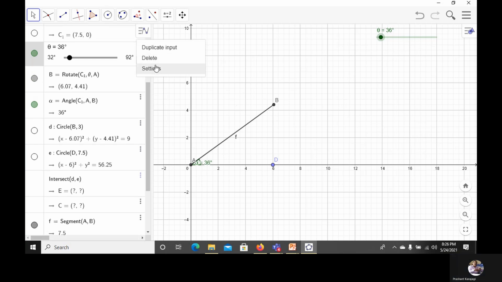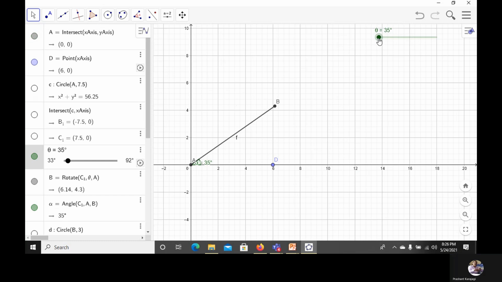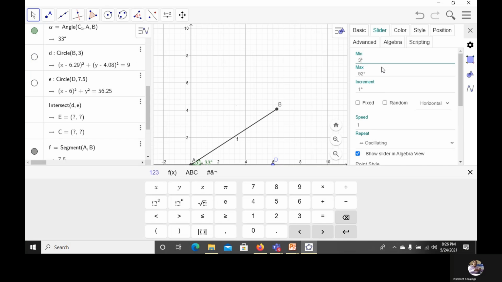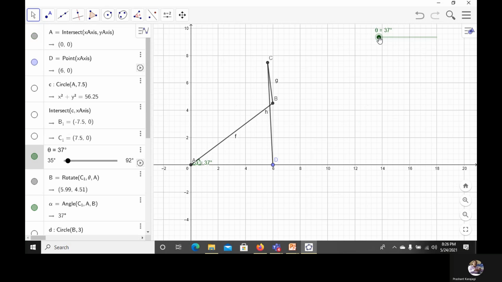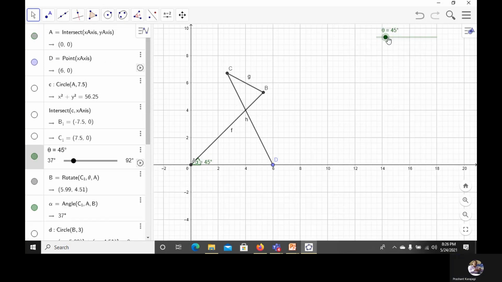The minimum angle is 3, just let's put it. Then increase that angle again, so that angle is 37. Okay. Now here you are observing.